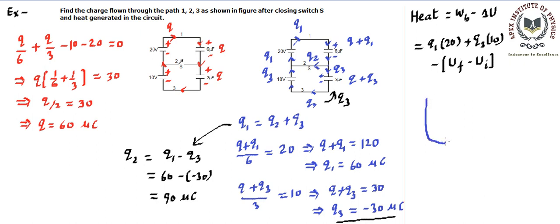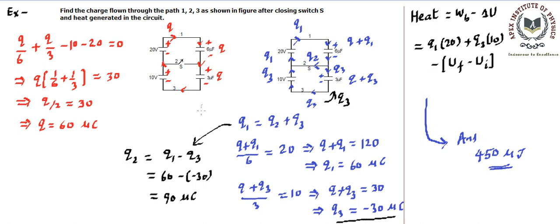After solving this you will get an answer, and this answer that you are supposed to get is 450 microjoule. So let me know in the comment box if you are getting this answer. If you are getting 450 microjoule as the final answer of heat, that's going to be the correct one. And the idea is very simple: finding the total stored energy in the final configuration, finding the total stored energy in the initial configuration. Q1, Q3 we have already calculated. Mind it, Q3 is minus 30 microcoulomb, so we need to place it as minus 30 microcoulomb. Right, so we need to simply put the value, simplify, and we will get this amount as our answer.